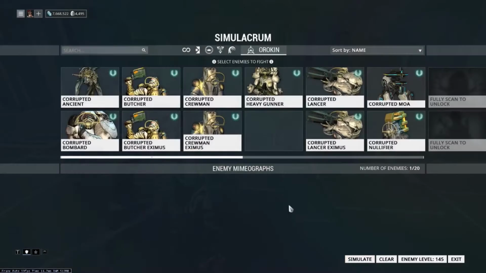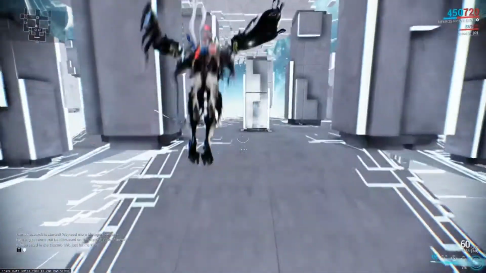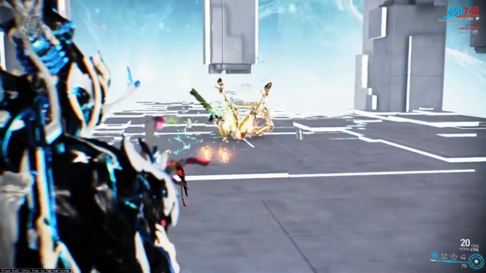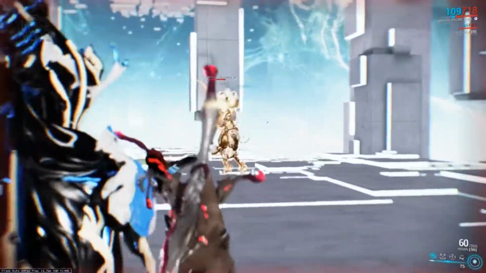If you have radiation on this weapon, radiation confuses. If you proc radiation, it will confuse enemies for 12 seconds. It's basically like having a Nyx in your hand. You shoot enemies once, they're confused, they'll fight each other. Another possibility for this weapon is actually including the